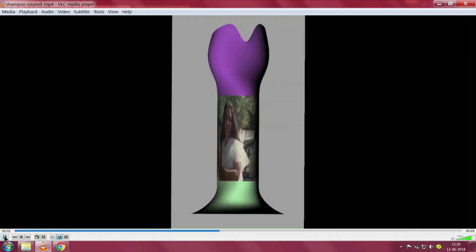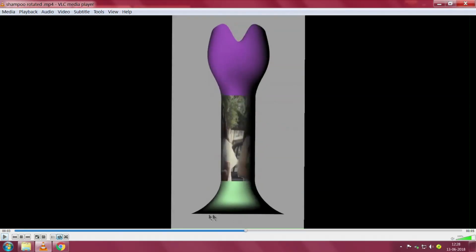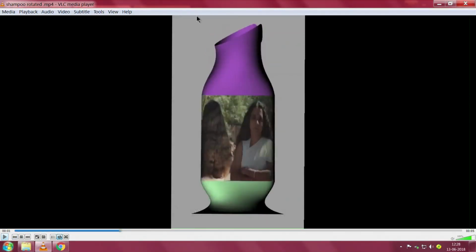See this, it has a funny shape. Now you will notice in this view, this dimension does not change, this is narrow, and then you have a funny looking shape here. The idea of the shape is, there is a reason behind that. One of them is easy to pour, easy to hold, easy to pour, and by definition there is a chance for it to slip. To prevent it from slipping, this has been made such that normally when you hold your hand against this and push it, even the unlikely chance of it falling, nothing will happen, and the top has been carefully designed such that it pours easily, and then it can have a cap.